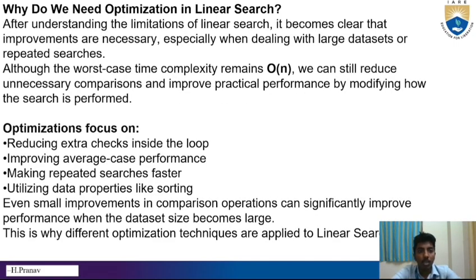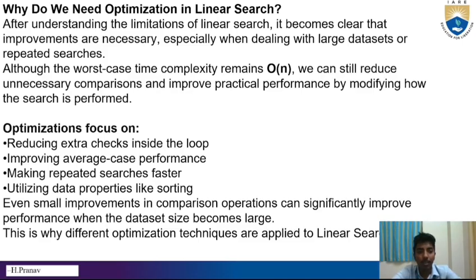So, why do we need optimization in linear search, which is a big question? After understanding the limitations of linear search, it becomes clear that improvements are necessary, especially when dealing with large data sets or repeated searches. Also, the worst case time complexity remains O of n. We can still reduce unnecessary comparisons and improve practical performance by modifying how the search is performed